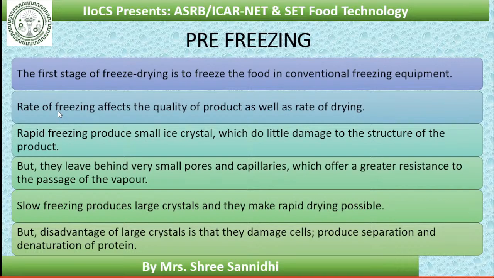So you must have studied the different types of freezing in my previous lecture, right? So we have 2 types, that is rapid or fast freezing, then slow freezing. In fast freezing, what happens? The crystals formed are small. Okay, we are giving less time for the water to form crystals. That's why it will form very small crystals. Whereas in slow freezing, it has a lot of time to form bigger